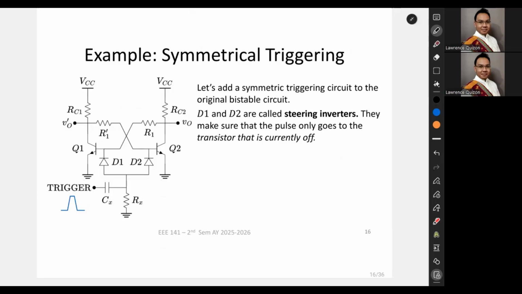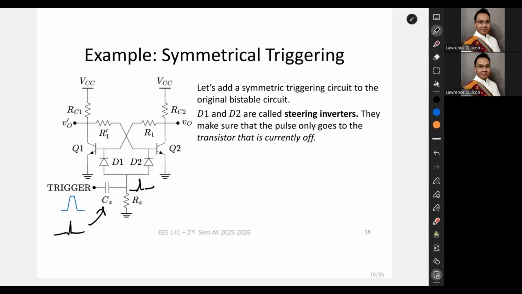Okay? So first off, let's talk about what the capacitance does. So, what does the capacitance do? Well, when we trigger a pulse, it's really just a spike. So when we put in a pulse that is a spike, the capacitor lets the spike through. So the spike is now here. And where will the spike go now? This is what the diodes are for.